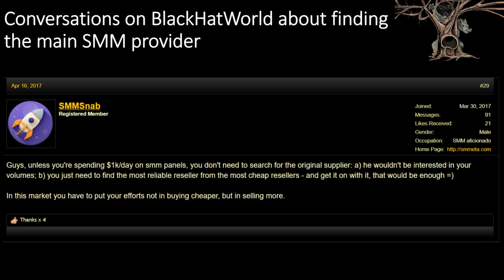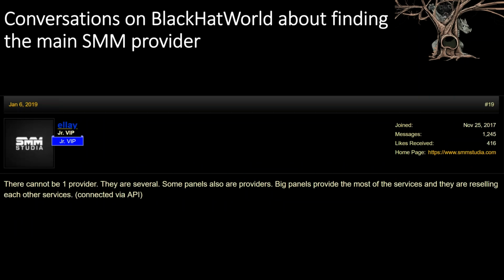They're sort of hidden below. But this made us wonder, right? There's another guy who said that there cannot be one provider. There's several. And it makes sense, right? Linux Most wouldn't be able to provide for all of these panels. So we thought maybe there's another way to create fake likes and follows without going through a botnet